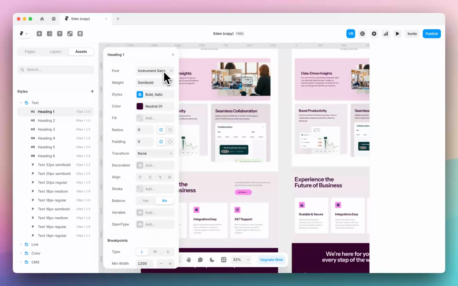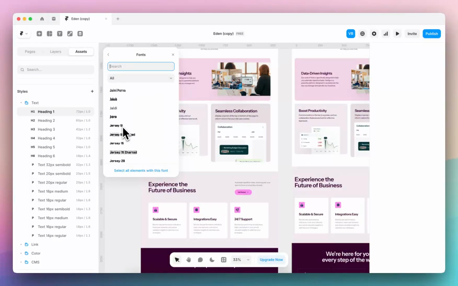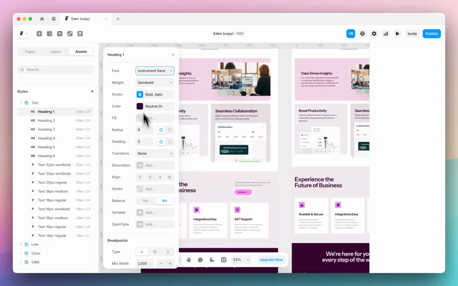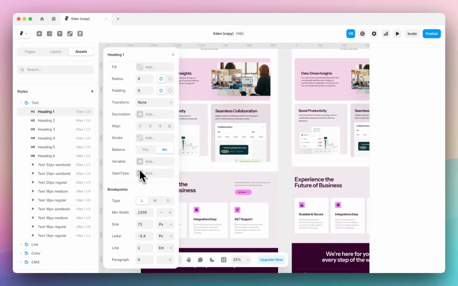And if your font, chances are your font won't be Instrument Sans. If it is, that works great and perfectly. If your font is another, you can adjust and choose your fonts here. You can change the weight and the styles. Fonts will usually have breakpoints, so the size and the width and the letter and the line spacing will all